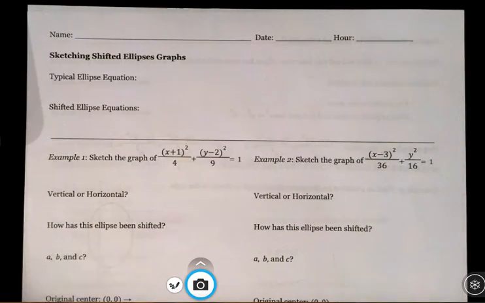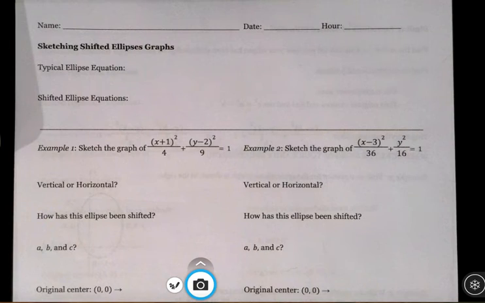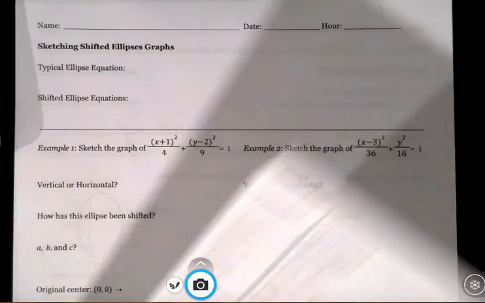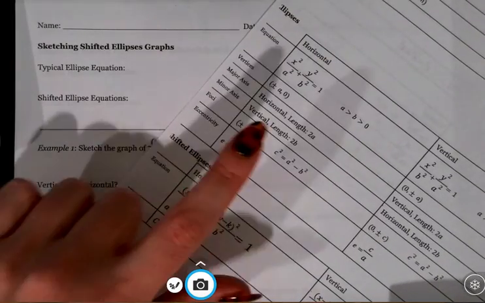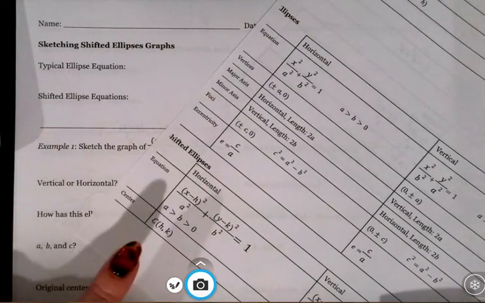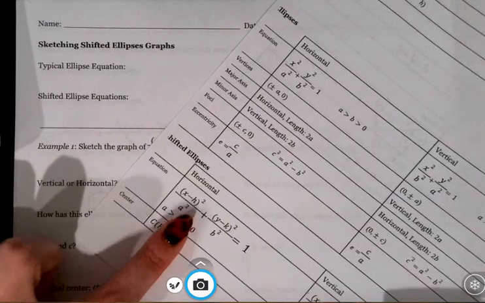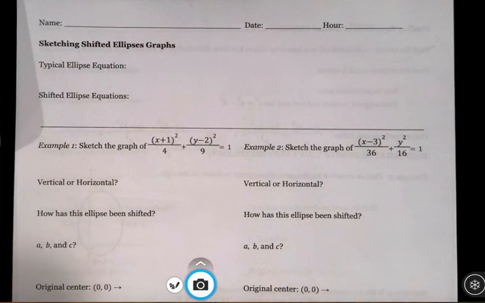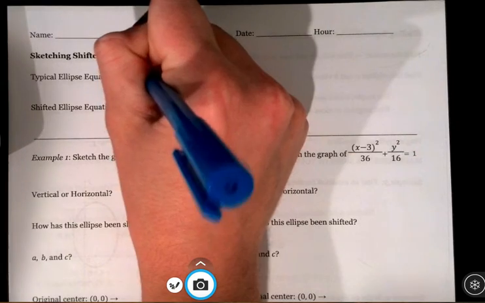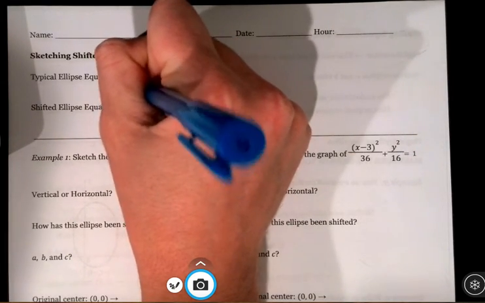All right, so we're going to look at shifting ellipses and how that works. So I do have my formula sheet that has normal ellipses on it as well as the shifted part on the bottom. So our typical ellipse equation, we have two of them depending on if it's a horizontal or a vertical ellipse. If we have a horizontal ellipse, we have x squared over a squared